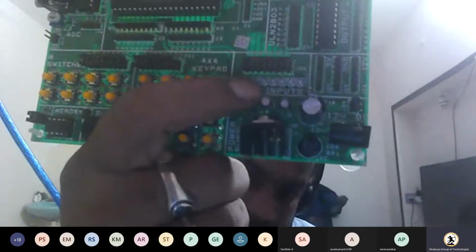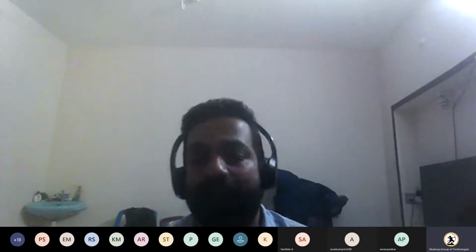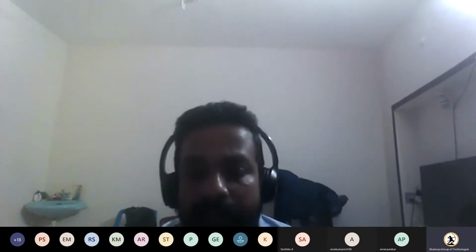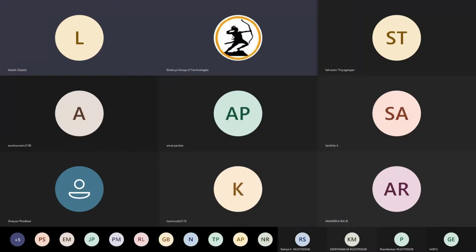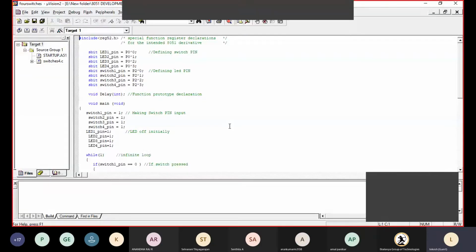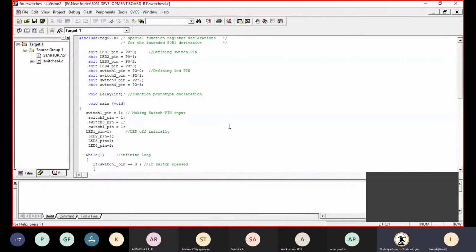The main aim of the program is to control 4 LEDs connected to port 0 with the switches connected to port 2.0, 2.1, 2.2, 2.3.